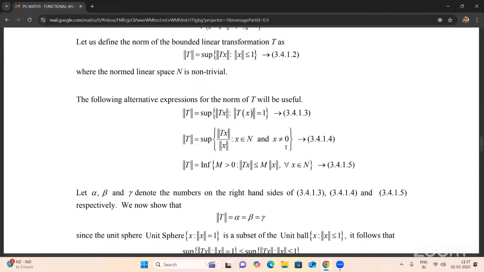Bounded below, the aggregate is called the lower bound; bounded above, the aggregate is called the upper bound of this part. And according to the boundedness definition, there are so many theorems explained